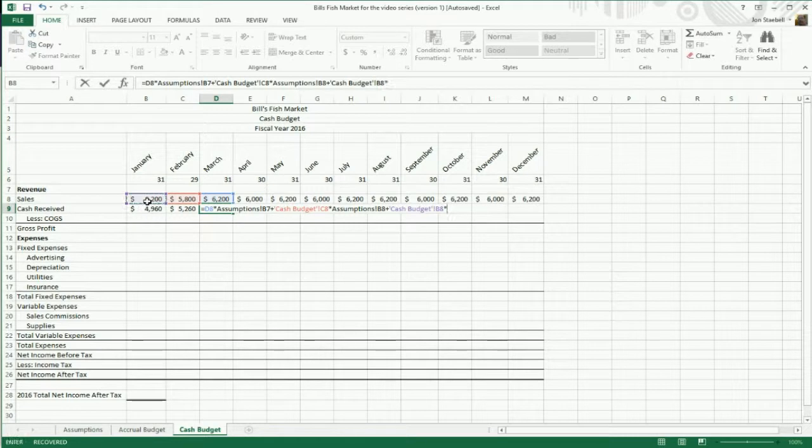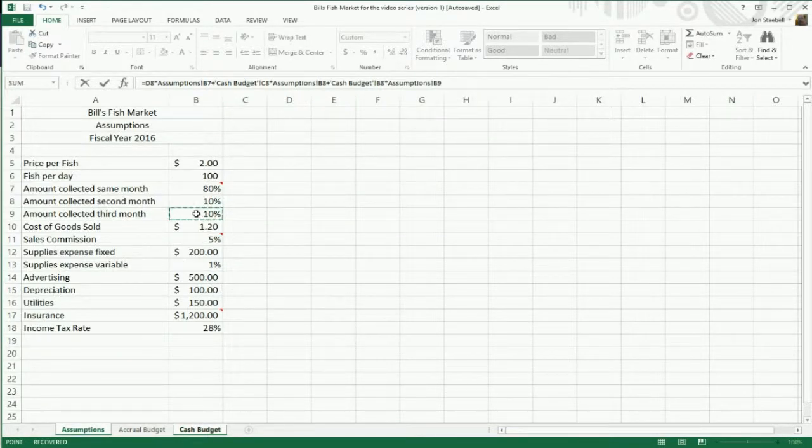So we're going to multiply times the assumption we've got for the amount collected in the third month,